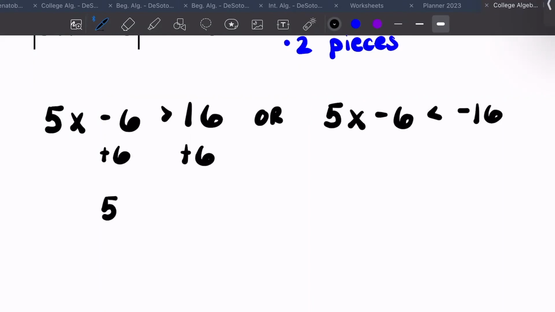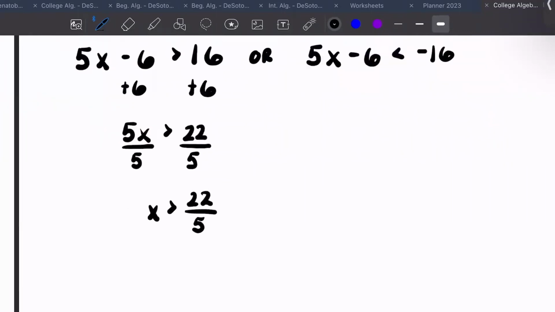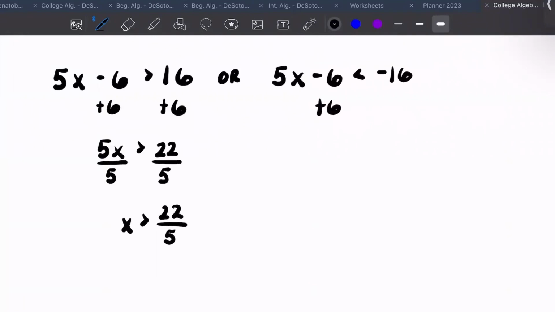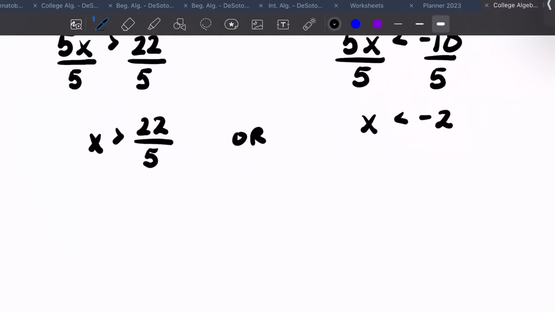I'm going to get 5x is greater than 22, and I'm going to divide by 5. And so I get x is greater than 22 over 5. And then I'm going to solve the other one. So I'm going to add 6, and I get 5x is less than negative 10. I'm going to divide by 5 and get x is less than negative 2. Okay? So either x is greater than 22 over 5 or